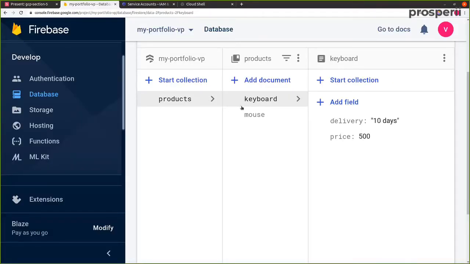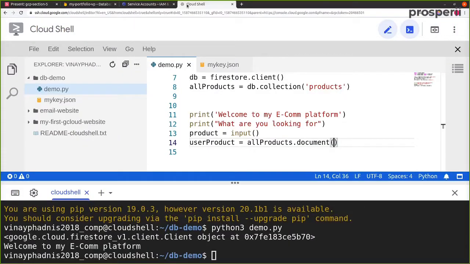Okay. So over here, the document name is keyboard or mouse, but the name which we are getting from the user is called product. So let's pass in this same name inside all products dot document. Essentially we are getting one particular product by the name which the user has entered.